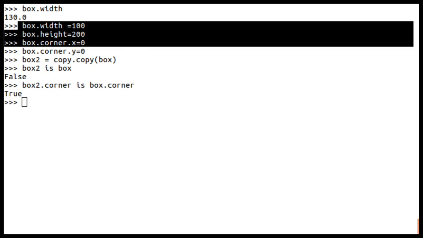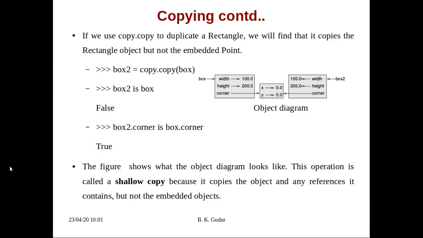If we look at the object diagram, this is a box which has 100 and 200, and we copied this to box2, which will be 100 and 200 only, whereas the corner here is pointing to one point object with x and y, and even this box is pointing to the same object.